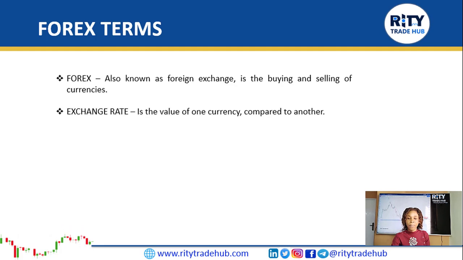The next is exchange rates. The exchange rate is the value of one currency compared to another currency. The exchange rate is the rate or price at which one currency can be exchanged for another currency in Forex trading. So basically, it is the price at which the base currency can be bought or sold against the quote currency. Don't be confused about base and quote currency. Like I said, I will explain all of these terms in detail, so make sure you're following this beginner series closely, all right?